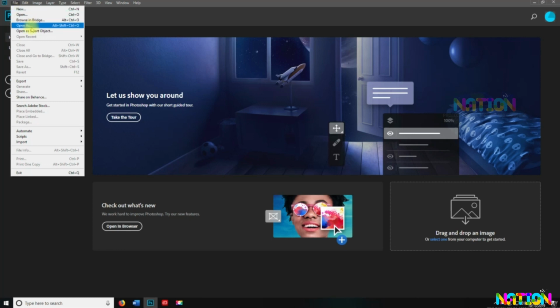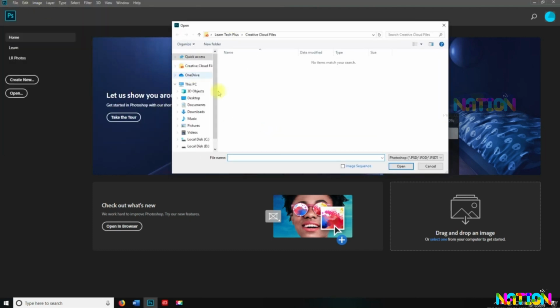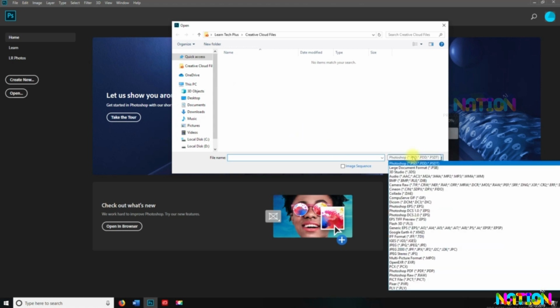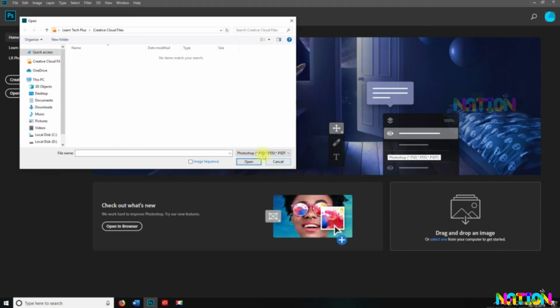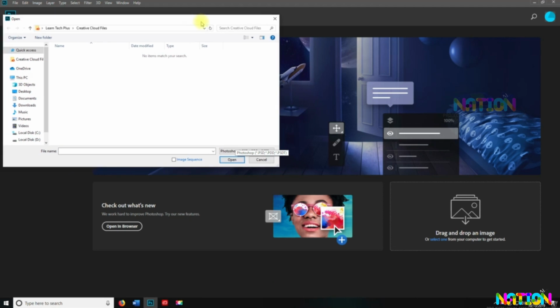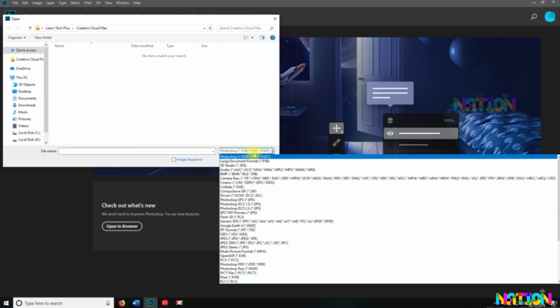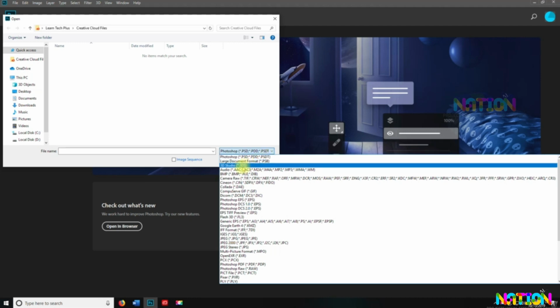All right, the next one is Open As. Open As is the same as Open, but instead of just doing Open and picking a random file, this is going to have you Open As. And let me move this over so you can see all the files, the formats, the extensions here. Wow, that's a big... Okay, there we go. All right, so you can open as a PSD, a PDD, or a PSDT, a large document, 3D Studio,